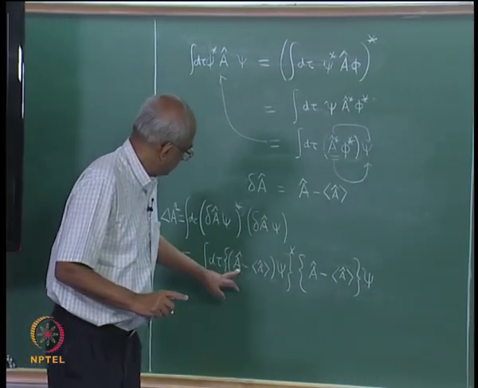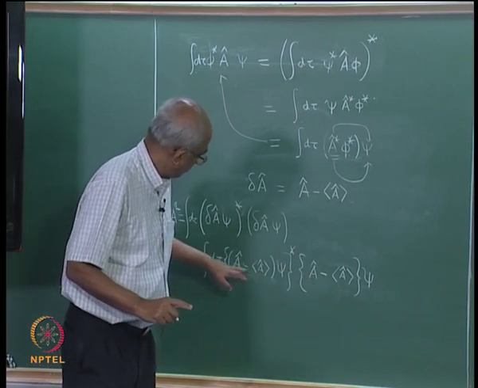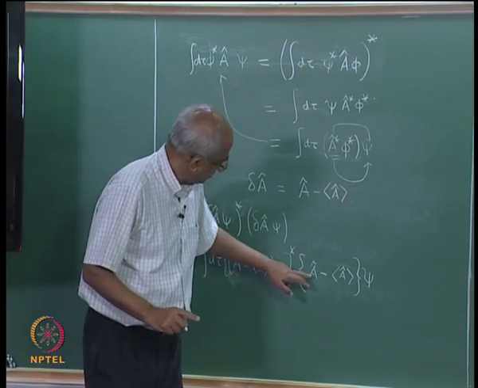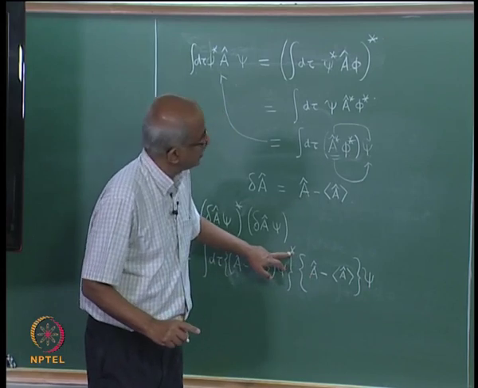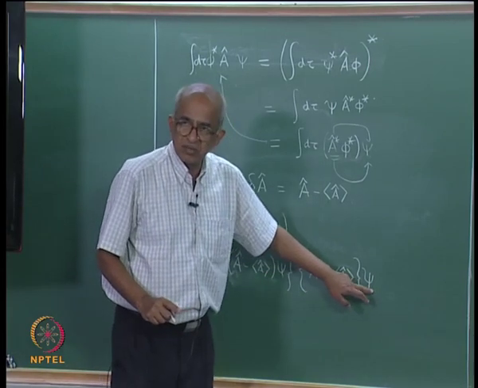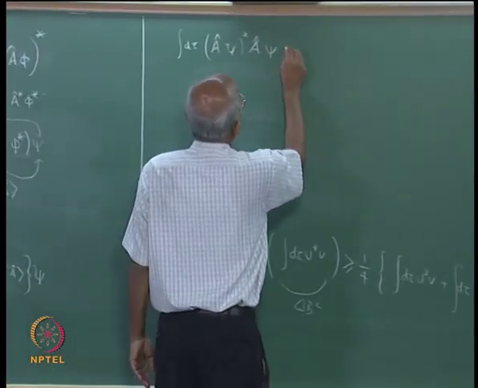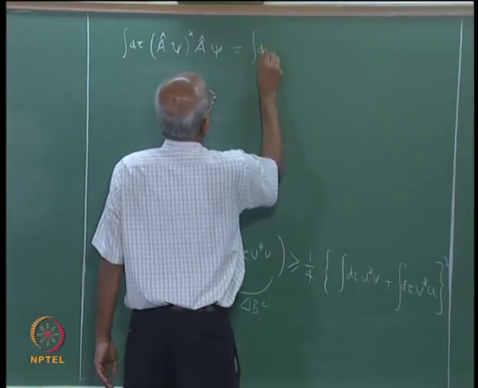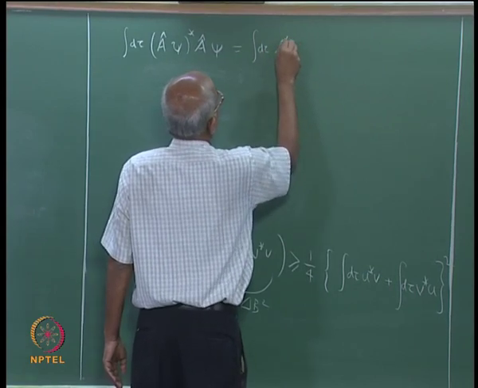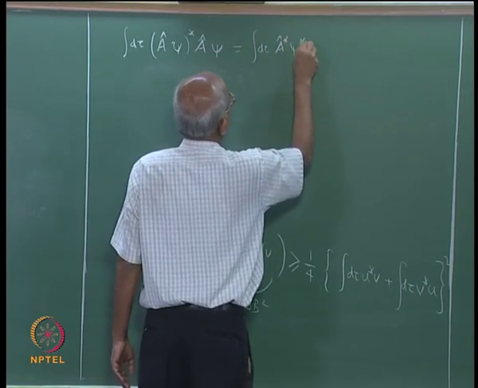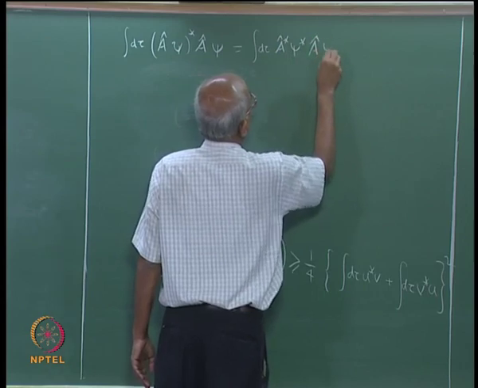It comes from A operating on psi multiplied with star operation and then A operating upon psi, that is the first term. And this is actually equal to integral d tau, A star operating upon psi star multiplied by A operating upon psi,